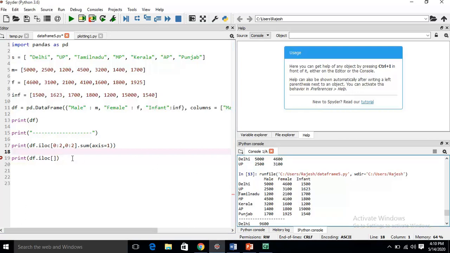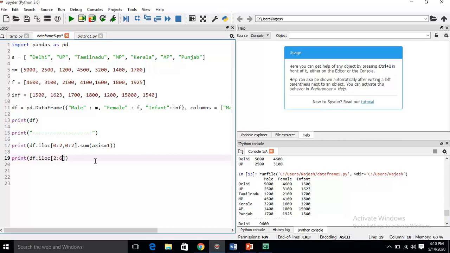Tamil Nadu index is 2. Then colon, we have to go from Tamil Nadu to Andhra Pradesh. Then 0, 1, 2, 3, 4, 5. 5 is the index of AP. But we will use 6 here because it executes n minus 1 times. We have completed the row index.